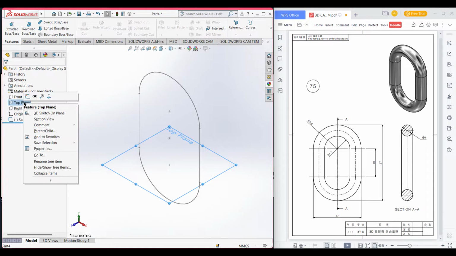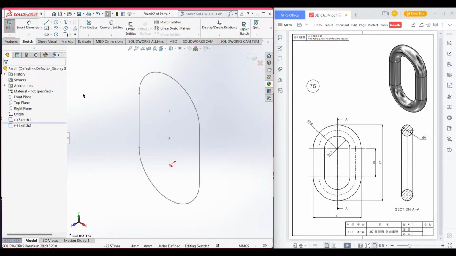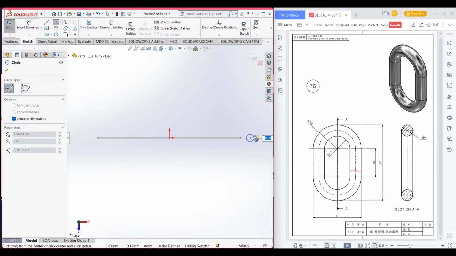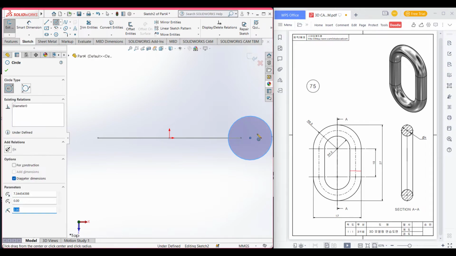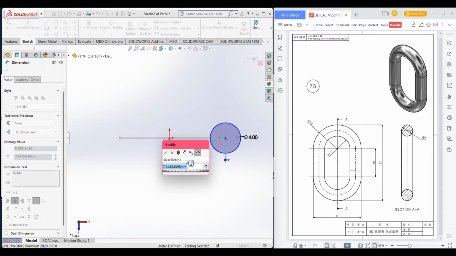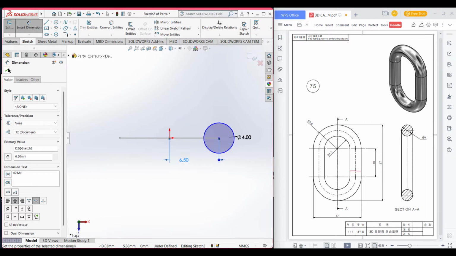Then go to top plane and draw a circle of this diameter, which is 8.5 minus 4.5, 4 diameter. Select circle, draw a circle of 4 diameter. Now dimension it from origin. The length is 4.5 plus 2, 6.5. Okay,